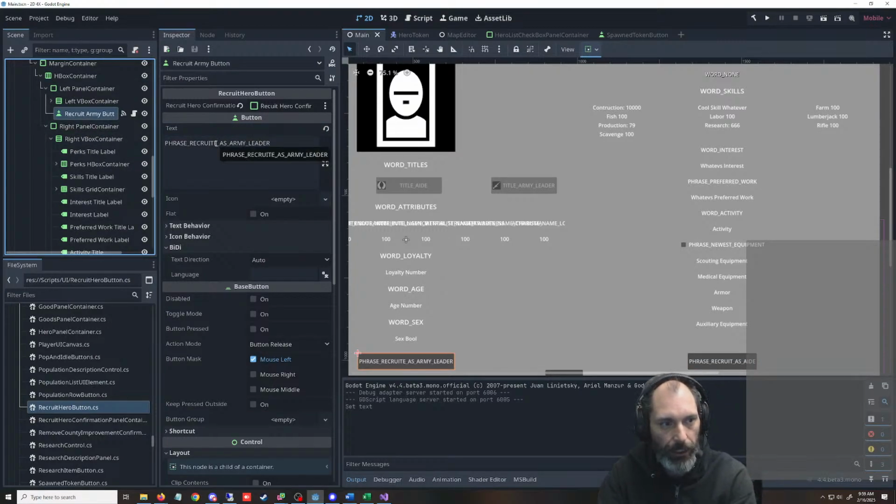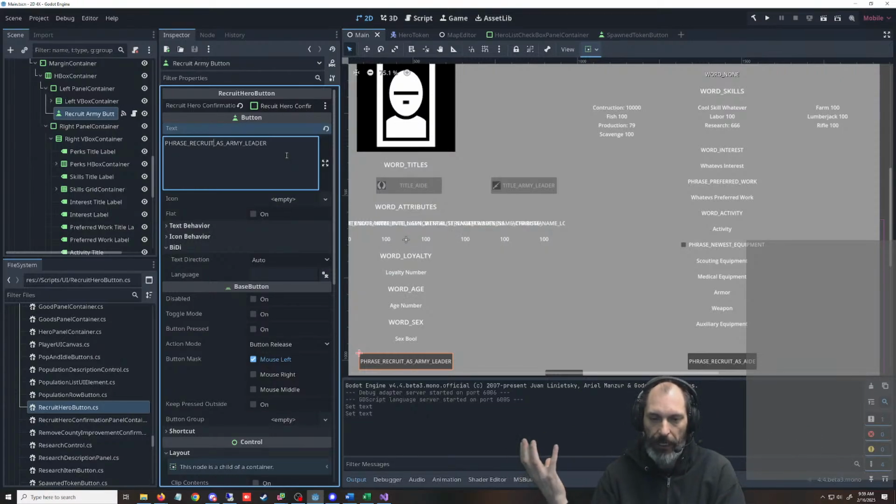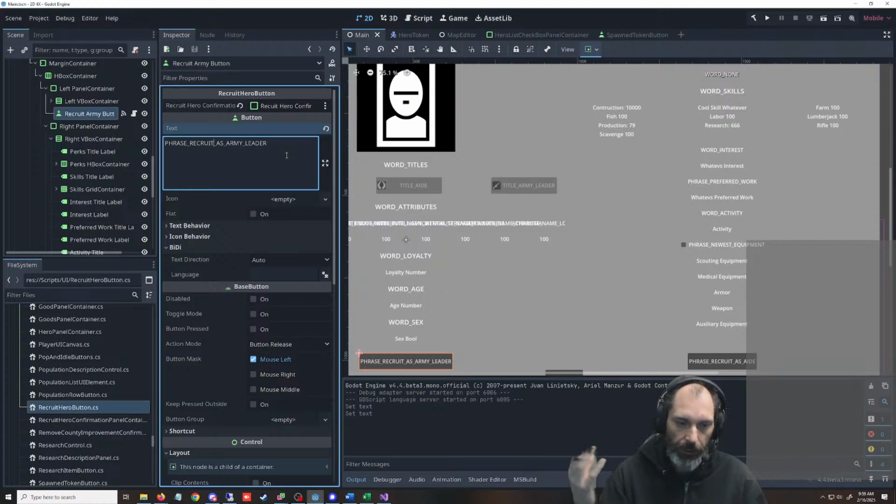I actually think we're going to change this. Currently you can recruit an aid type leader, heroes as I'm calling them, or you can create an army leader that leads armies. But I think we're going to combine that, and we're just going to have one type, and their actions are going to dictate what they are. But what we're working on today is this part right here.